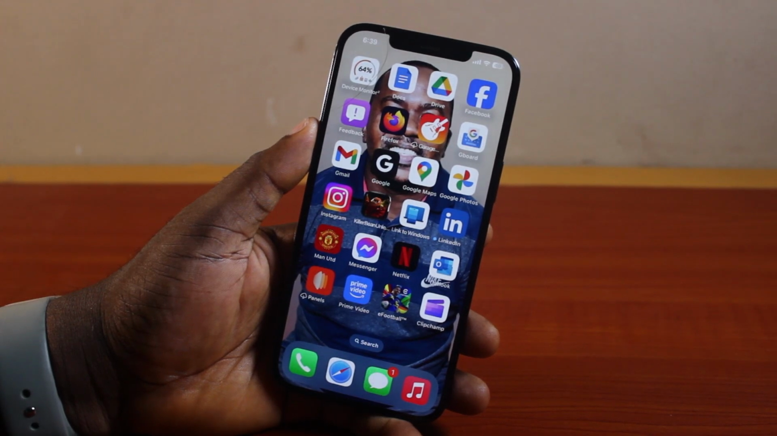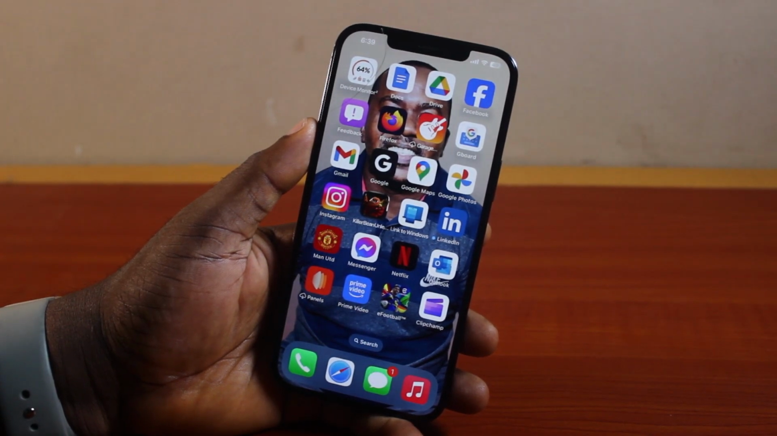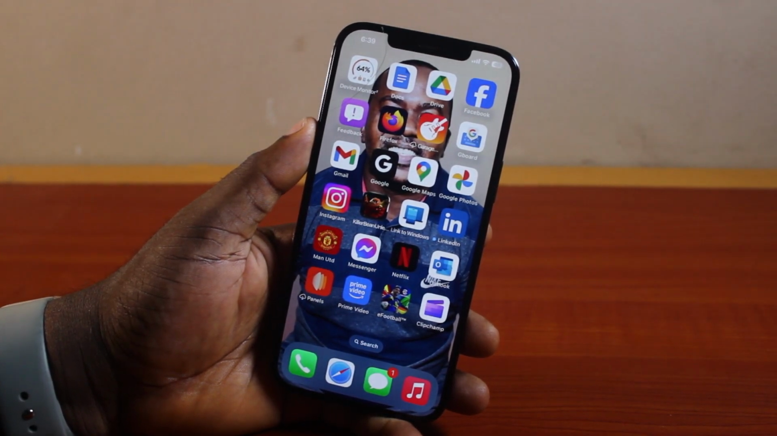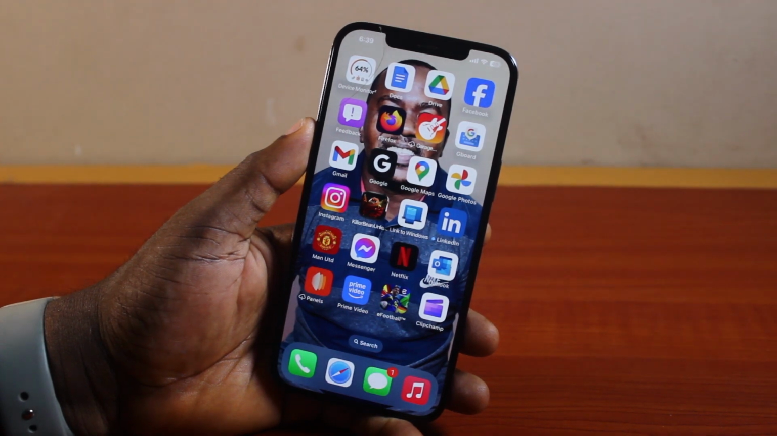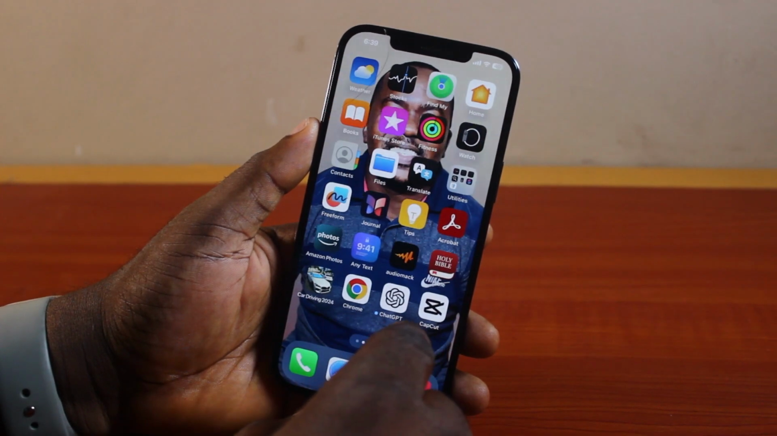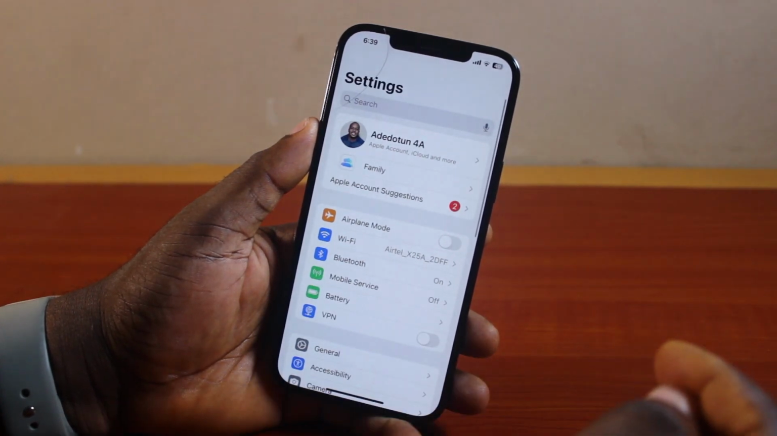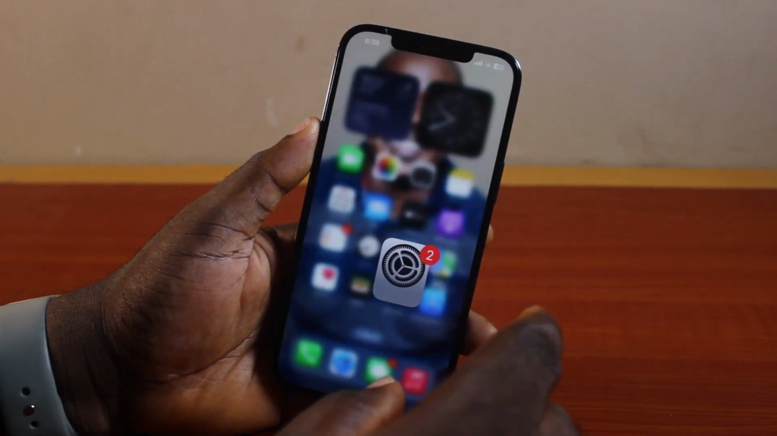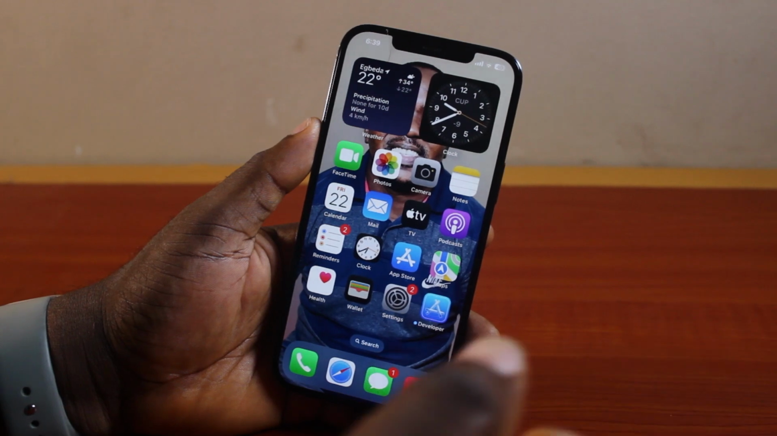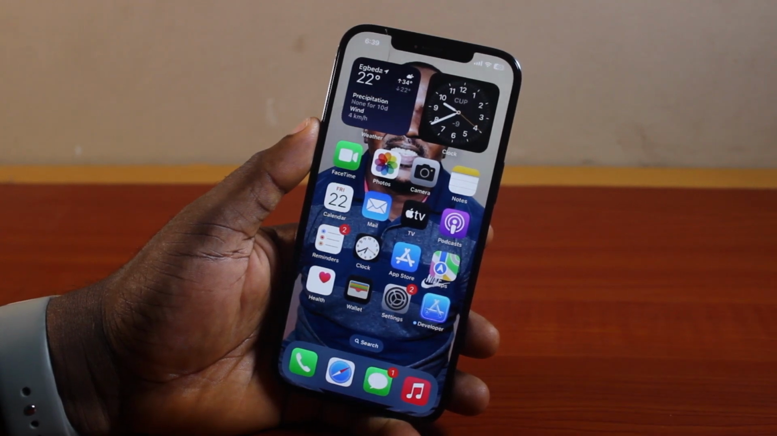How to disable screen time on iPhone. Unlike the old iPhone, where you have the turn off and turn on button for screen time, on the latest iPhone you probably won't be able to use the toggle button to disable or enable screen time. But here I'm going to walk you through a quick workaround that allows you to turn off or disable screen